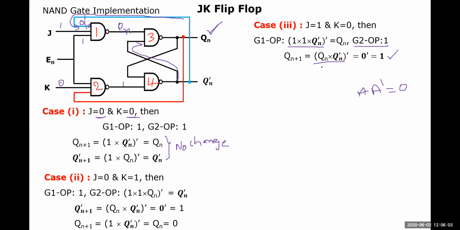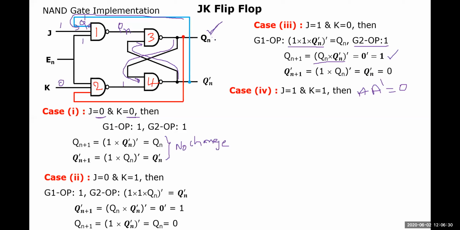Qn plus 1 here. So how could this be evaluated? Let us have a look. Qn plus 1 whole complement equals, so already 1 is there with us, and I am propagating this particular value at this place. We have to propagate this 1 here. In this regard, we do have a Qn. So 1 into Qn whole complement will be equal to Qn complement.